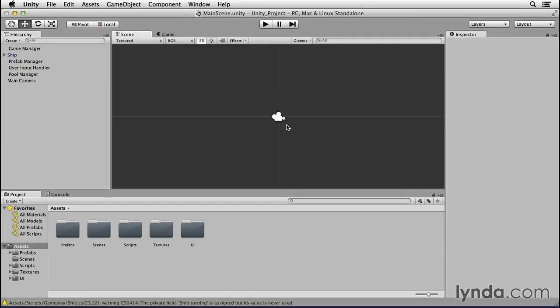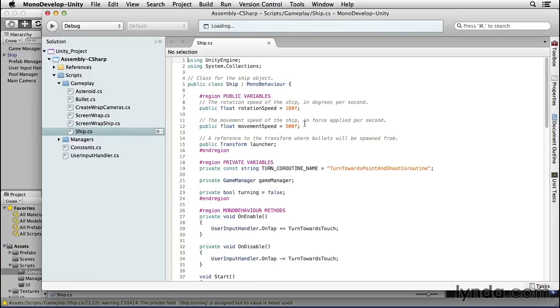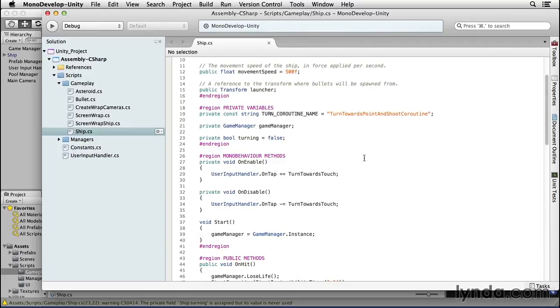Let's update our ship class to listen for the pan gesture messages. When the user pans, we want our ship to move towards their finger. The user will be able to drag their finger around to move the ship. We're going to register for the pan events the same way we registered for the tap events, in onEnable and